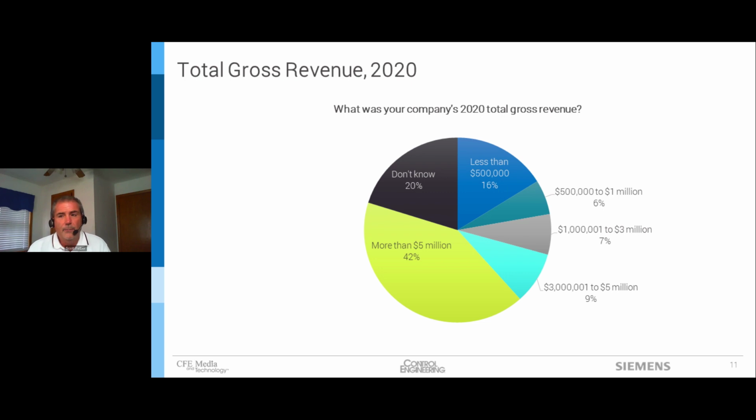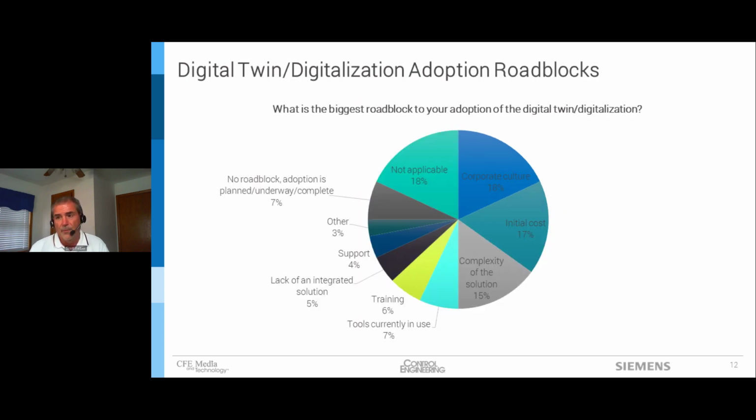First, let's see what kind of companies responded to the survey. And as you can see, it was everyone from the smallest of companies all the way up to the largest of companies. So really the questions we're going to discuss and talk about here really affect machinery companies of all sizes. It's not just focused on small machinery companies, medium machinery companies, or large machinery companies. This is almost an industry-wide solution of where the people are coming from and where we got that.